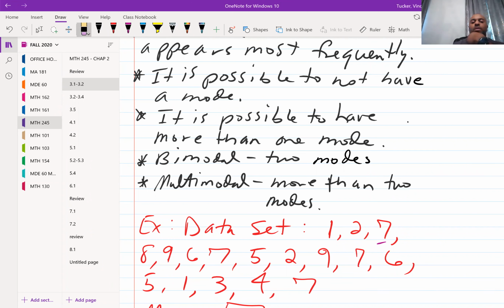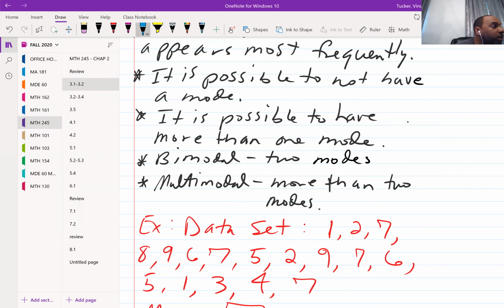All right, so we had this data set: 1, 2, 7, 8, 9, 6, 7, 5, 2, 9, 7, 6, 5, 1, 3, 4, 7. And they ask you what is the mode,